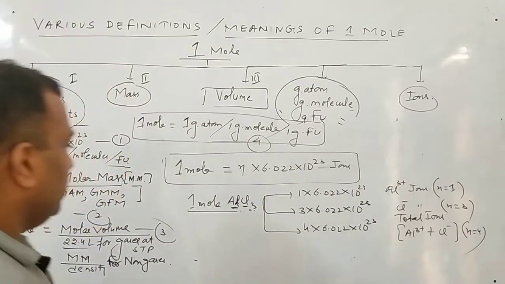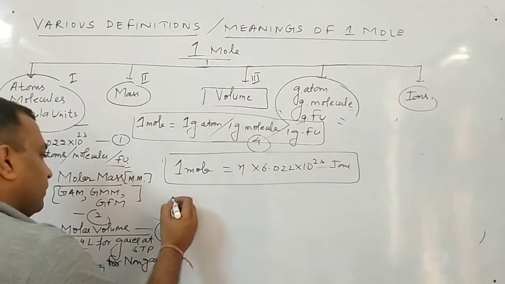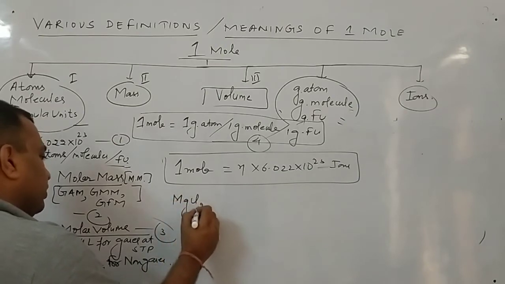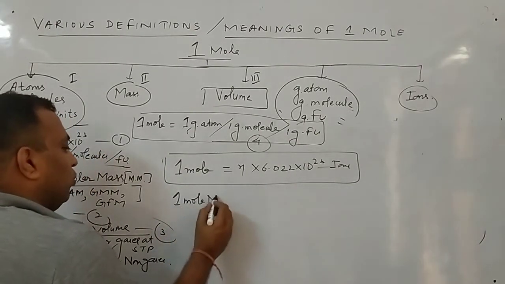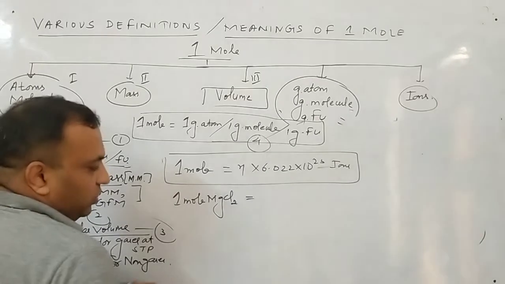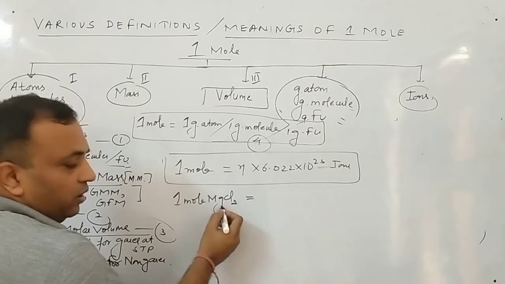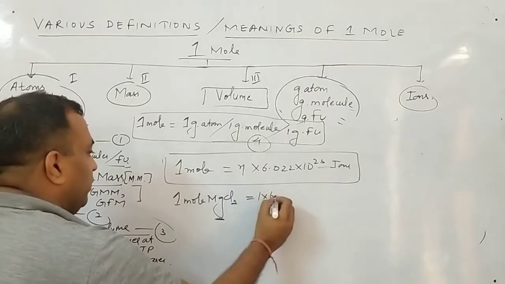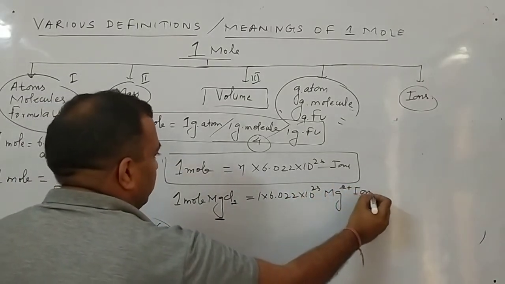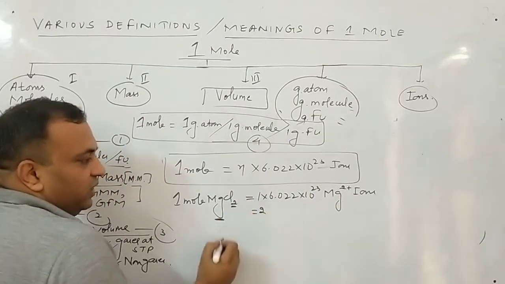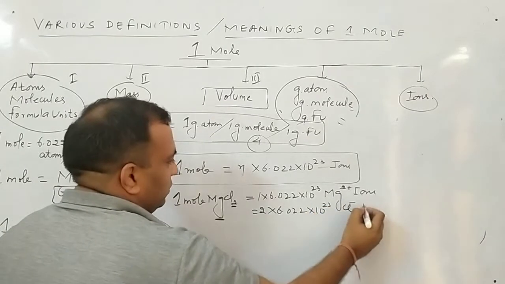Okay, I'll explain one more case. If in place of AlCl3 I take MgCl2, I'll write 1 mole MgCl2. Now simple understanding. For magnesium there is 1. If there is only one, you can say one species of magnesium. So 1 into 6.022 10 raised to the power 23 Mg2 positive ions. For Cl, the value of n is 2, so 2 into 6.022 10 raised to the power 23 Cl negative ions,